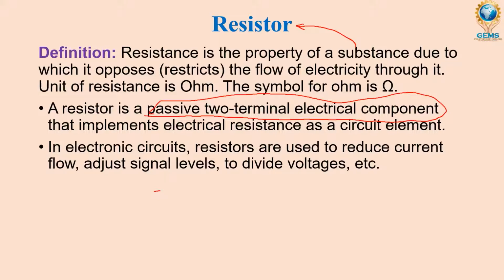Suppose I am taking a network like this. Here I am keeping one ammeter. I already told in the previous class what the use of an ammeter is. It will measure the current. Here I am keeping some voltage, and here some load, anything, a fan or a light. When we measure the current, suppose 3 amperes of current is passing through this. The fan will rotate at, suppose, 400 rpm.